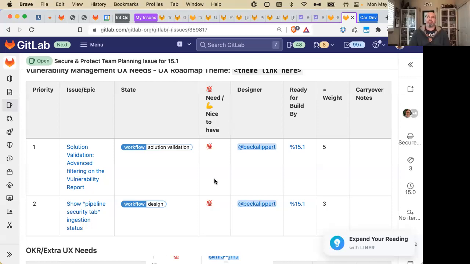There were improvements made to it. In its current state, I don't think it'll work for the vulnerability report because there's just too many filters that we want to add, and the current component is not scalable for that many filters. It's really only ideal if you're narrowing down by under 5 variables.